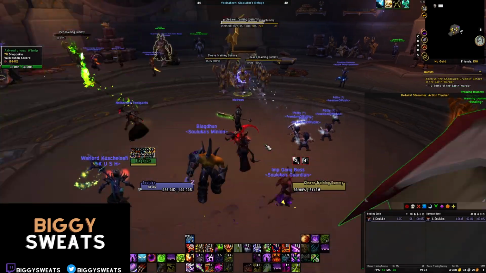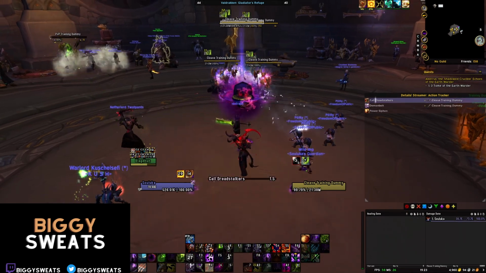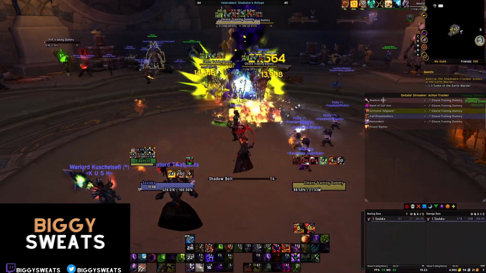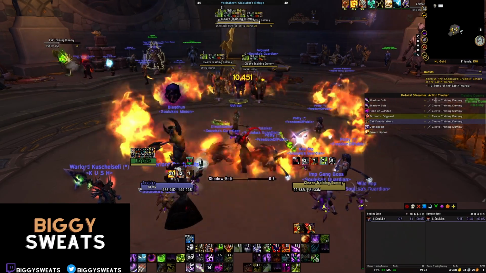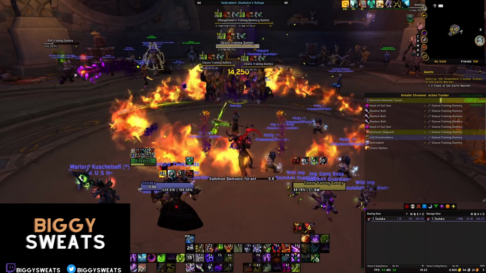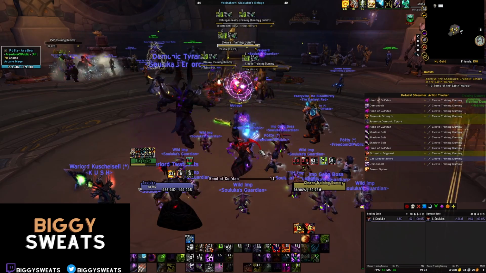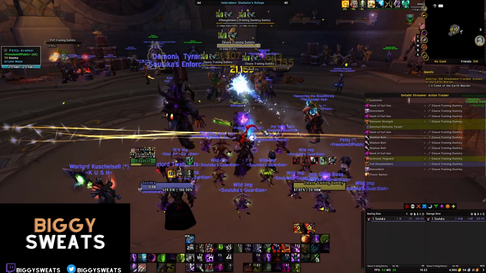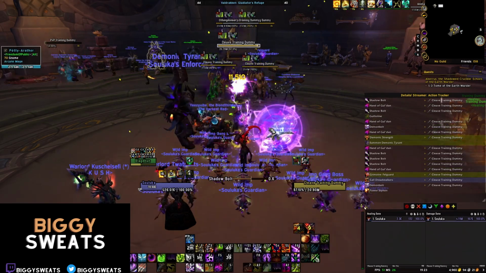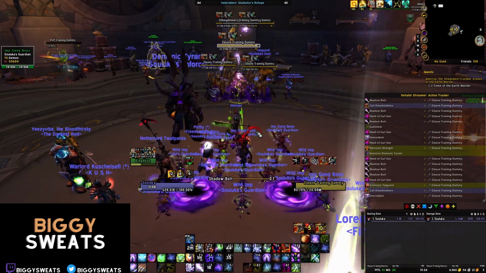Now, for your AoE section, it's going to be fairly similar. You're just not going to be running Nether Portal, and you're going to be running Implosion instead. So we're going to always try to build up to 5 soul shards before we do anything in an AoE environment. We build up to 5 soul shards and we drop Grimoire of Felguard. We alternate between Shadowbolt and Hand of Gul'dan. You drop your Dreadstalkers, build up to 5 shards again, and then Hand of Gul'dan, Shadowbolt, Hand of Gul'dan, Hand of Gul'dan. You're going to throw your Tyrant up, Demonic Strength, and then your number of imps will be based